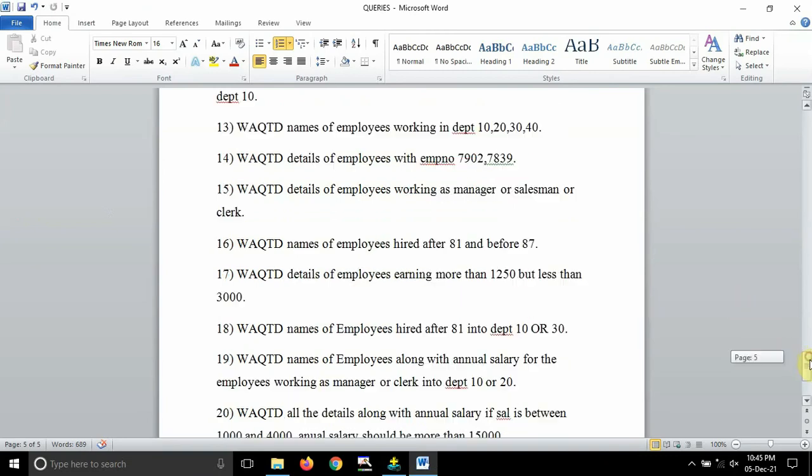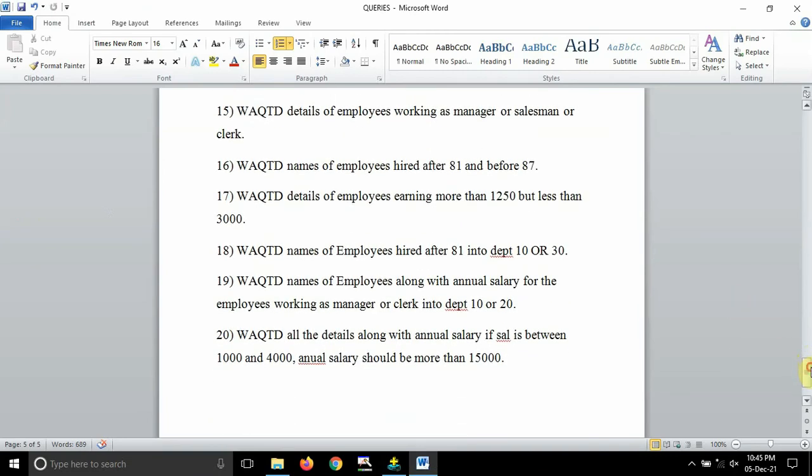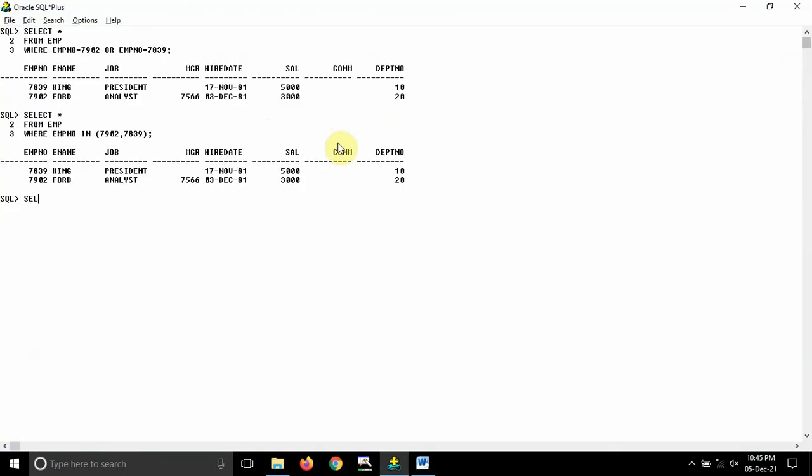Alright guys, next is the 15th question, the last 5 questions, just stick with me. Write a query to display details of employees working as manager or salesman or clerk. Here you can see it has given 3 OR conditions. Then I can easily use the OR operator here, or else I can go for the IN operator. They are asking for details, so I will write select star from EMP